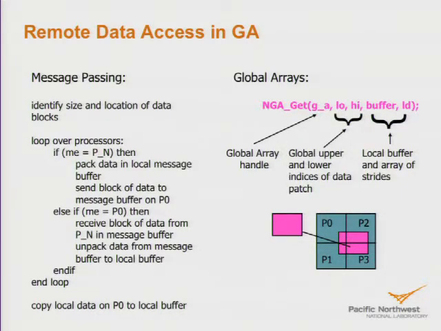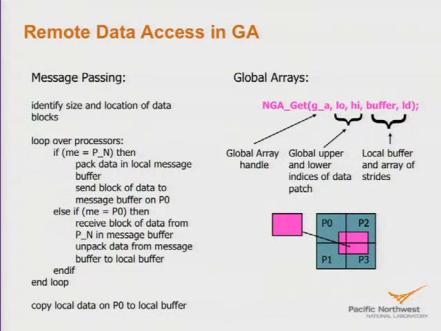So if it's a two-dimensional array, each of these buffers has 2 entries. They're just integers to specify the low and the high corners of the block of data you want. Then there's a buffer that you're going to pass to it, which is just a local array. And there's an array of strides, which says how that buffer is laid out, what the physical dimensions of that buffer are. So what you have is this block of data in a global array gets copied into a local